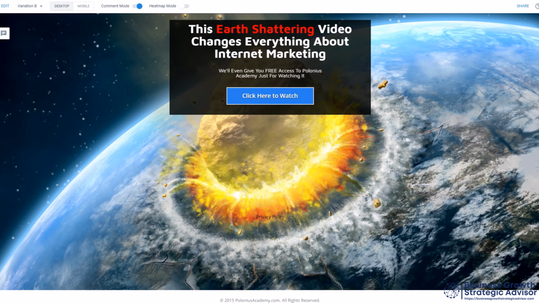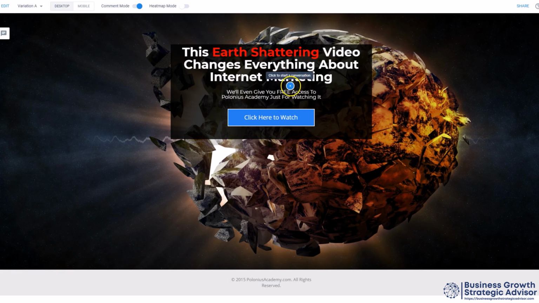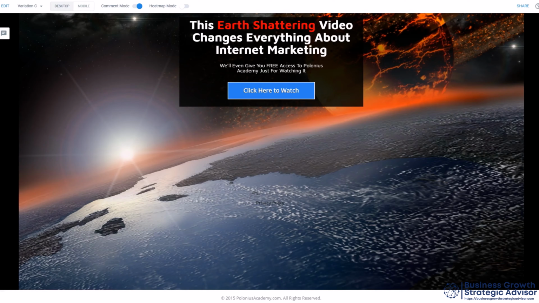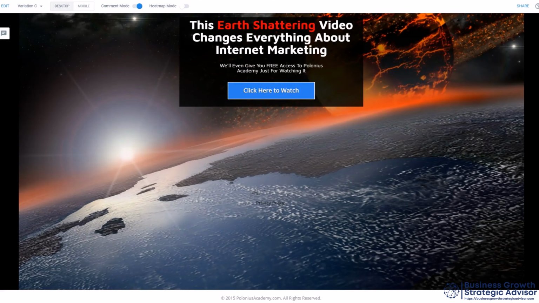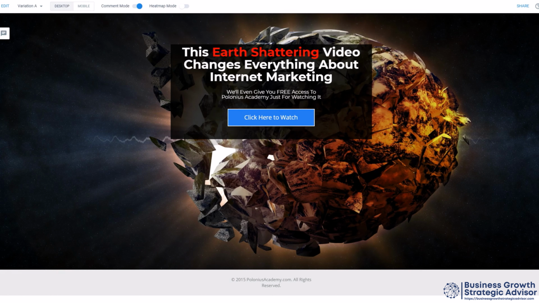You'll notice the headline is the same. The size of the box might change a little bit, the text is a little bit wider in that one, but the headline's the same in all of these. The subheadline is exactly the same. And the button is exactly the same. Now this is what's called a bridge page. This is a lead page where you capture a lead, but what you're really pitching is a video. And in this case, if I recall, the visitor was then just sent to a sales video for an affiliate offer. Okay? But variation